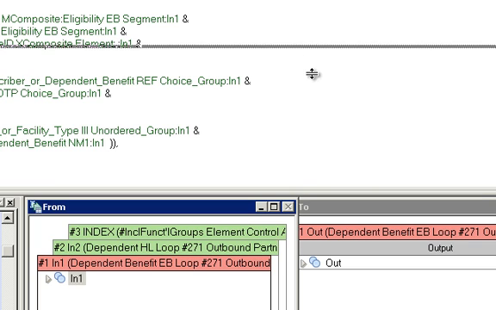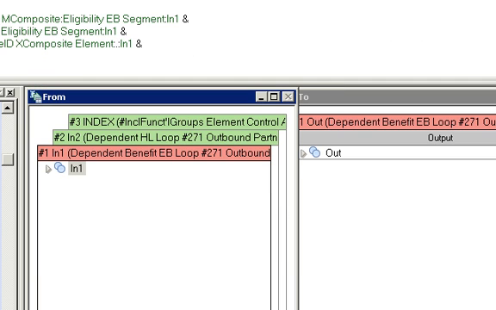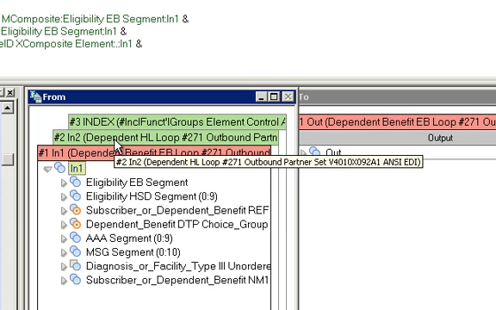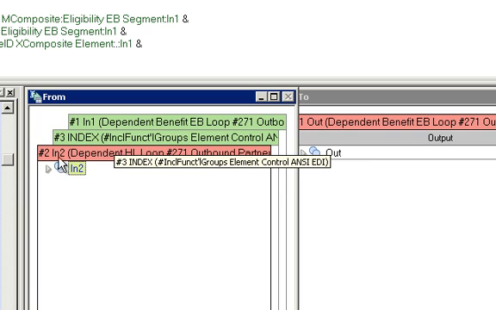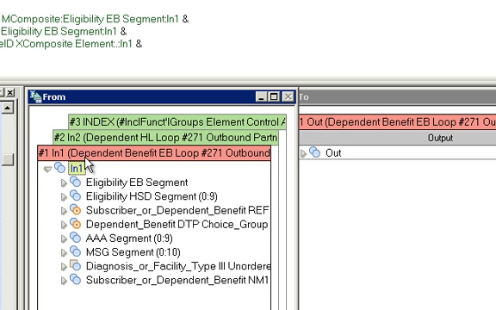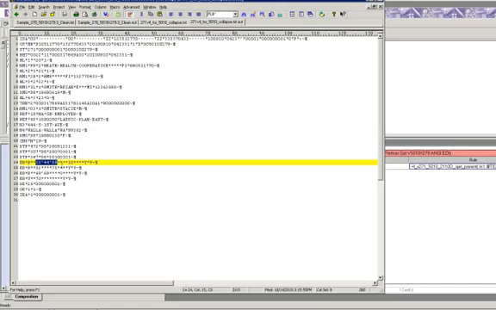All we're doing is we're comparing all of the data that's in this EB segment that we triggered the functional map with, to all the other EB segments that we have in our data. So we brought in the entire dependent HL loop, as well as this individual EB loop, and we're comparing the two. The goal of this is we want to find the parent EB segment, and by parent what we mean is the first one. So we're using a lookup function to find this